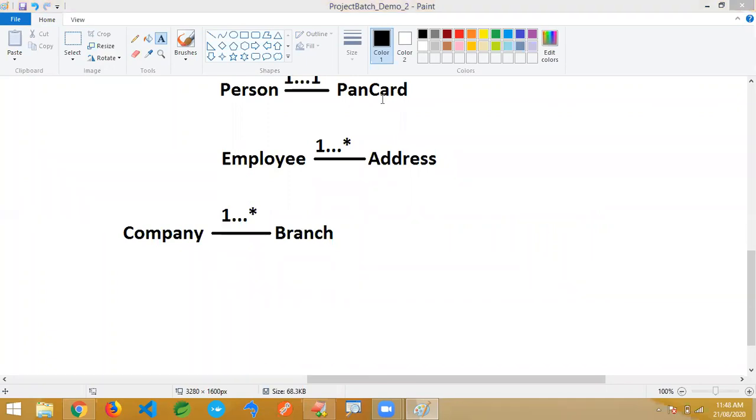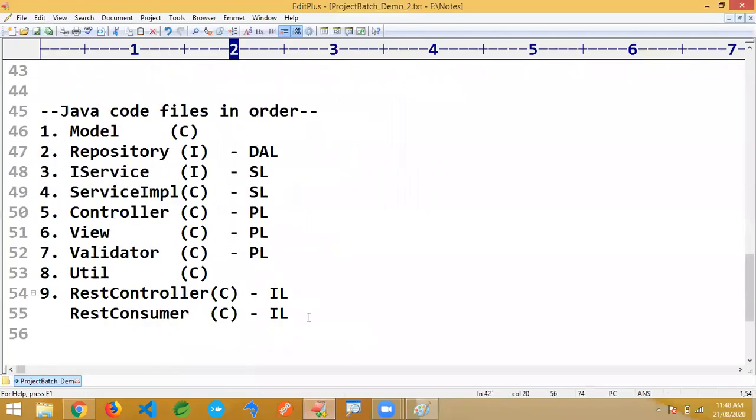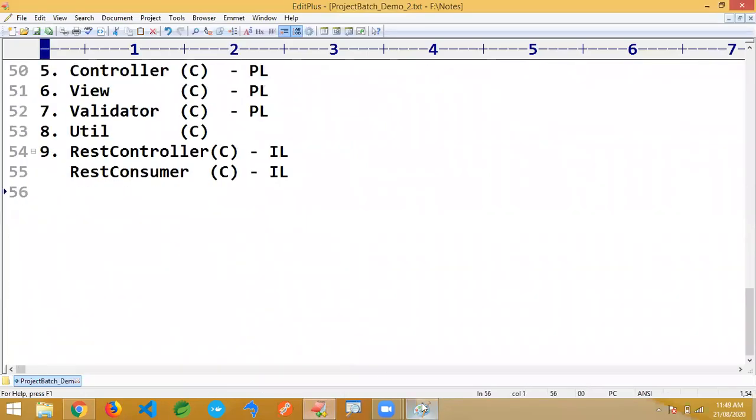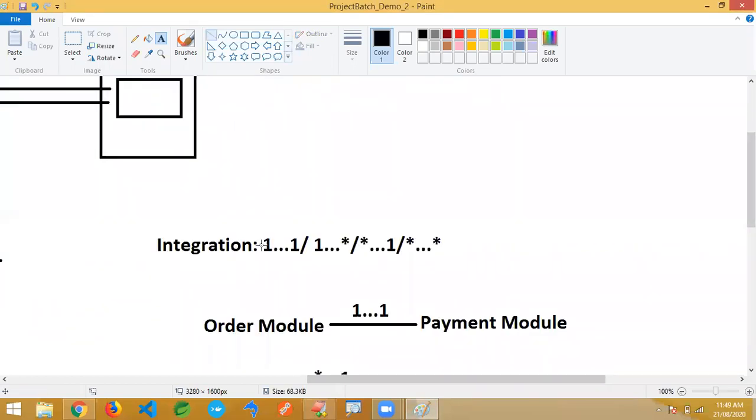Okay, the next important thing is integration. Integration will be done by using one association mapping that is actually called multiplicity. We can call it here. There's actually integration will be done with one of these types. I'll show how to integrate them. Complete end-to-end integration should be done at models, layers, UI, all levels.